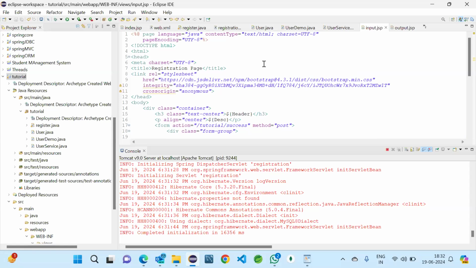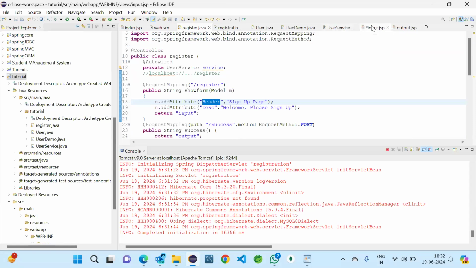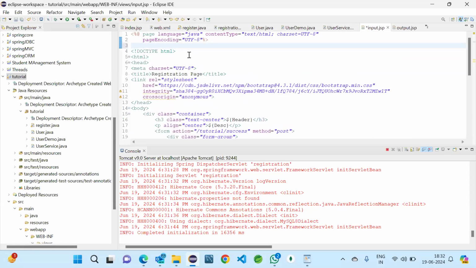So the issue is, one more thing we need to do, that is one tag here. Whenever we are passing a value from the controller, it won't be coming exactly here. By default it is disabled, so we need to enable it. For that we have the annotation. Just see this, at page